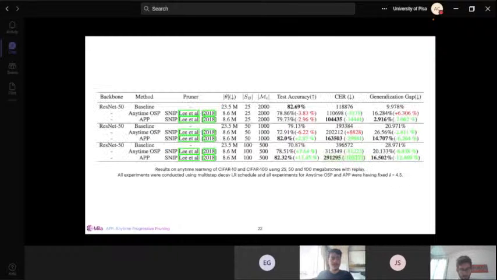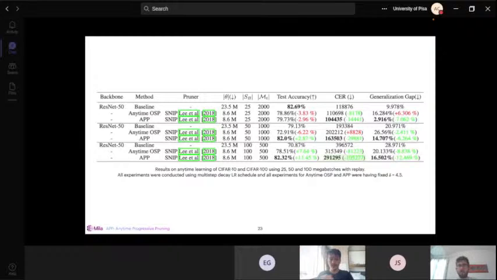Here we follow the exact same setting. We have a cyclic multi-step decay LR schedule, and all of our pruning methods use SNP. Mod SP denotes the number of megabatches, which is 25, 50, and 100. Mod MT denotes the number of samples per megabatch, which is 2000 for 25 megabatches, 1000 for 50 megabatches, and 500 for 100 megabatches. And you can see usually when the number of megabatches becomes larger and larger, APP performance